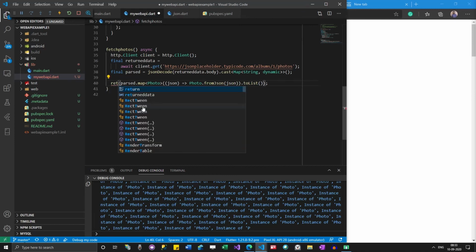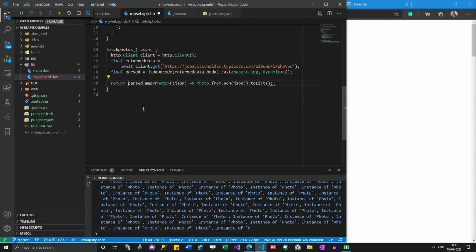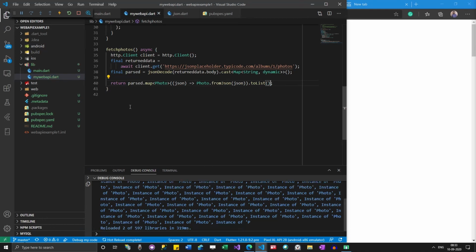Let's return this. Now we are returning a list of photos from fetchPhotos.